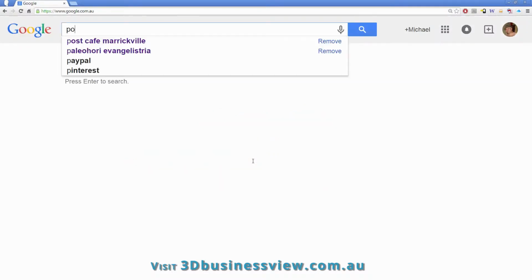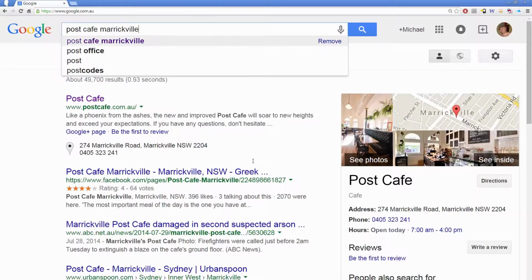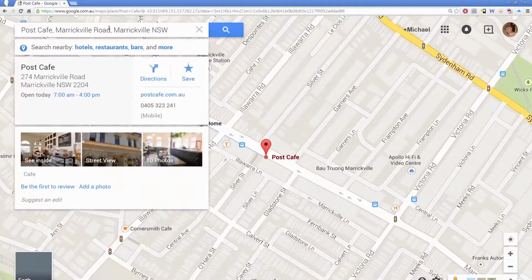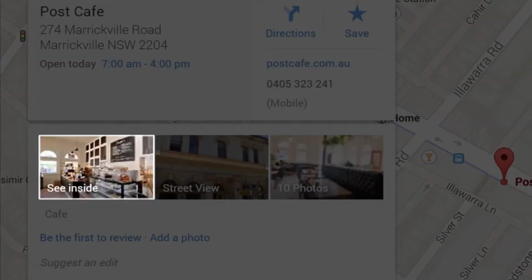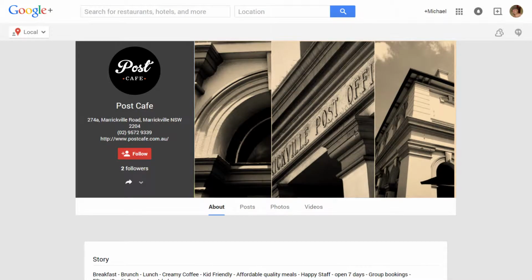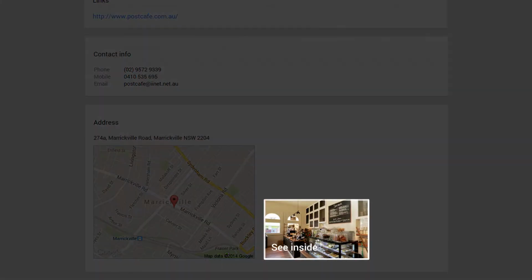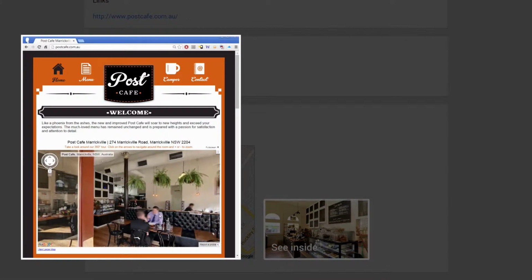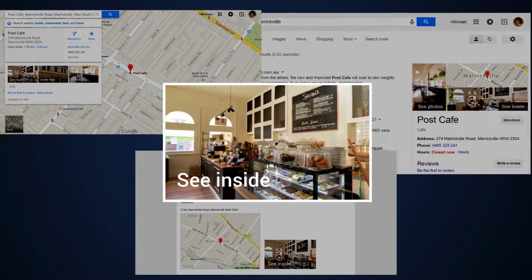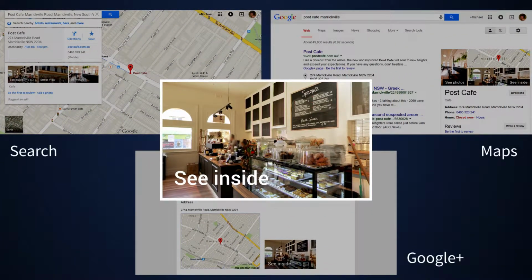Business View shows up in Google Search, in Google Maps, as well as on the business's Google Plus page, and you can even put it on your website or in an app. As a user, you'll see the See Inside thumbnail whenever a Business View tour is available for a